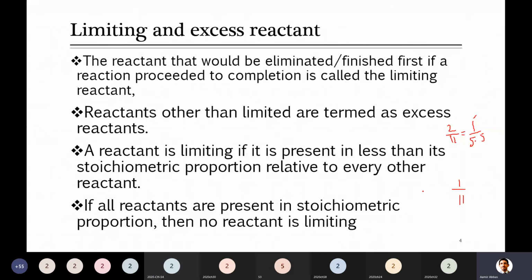Simple, yes, good. What you have to do is write the equation, balance the equation, compare the coefficients, and, based on the given moles, simplify those. For example, in the example shown on the slide, I gave you that their ratio is 2 over 11. You just simplify it to compare it with the stoichiometric ratio. Here at the bottom it is written as the stoichiometric ratio. In order to bring it close to that value, we can just see which one is limiting.